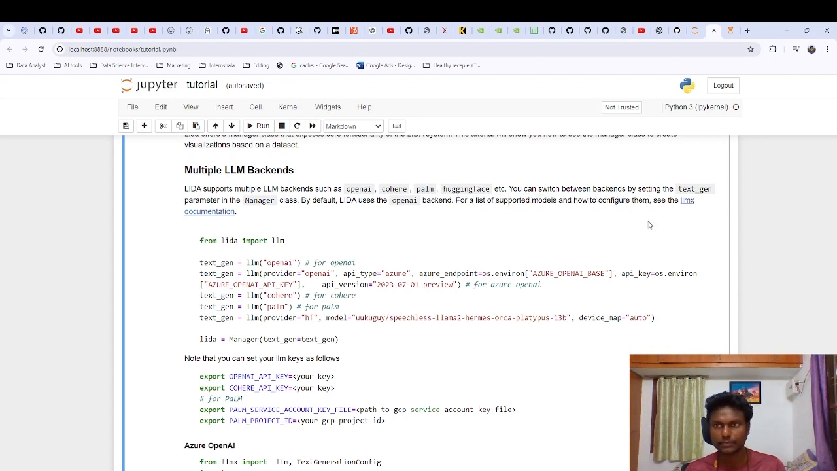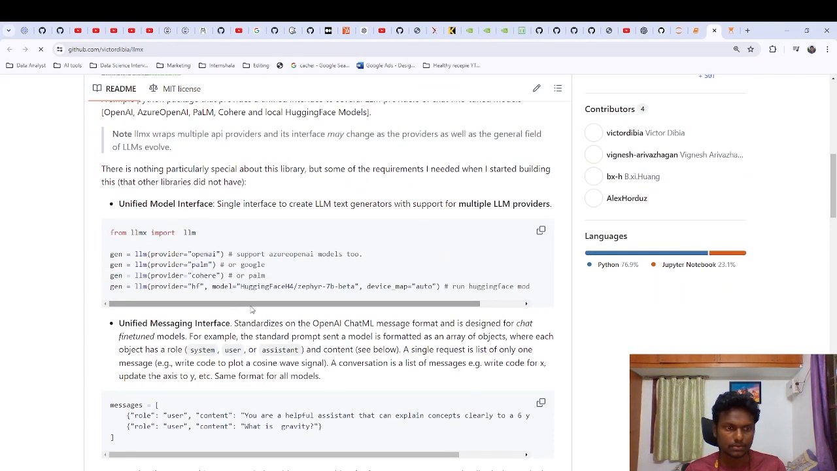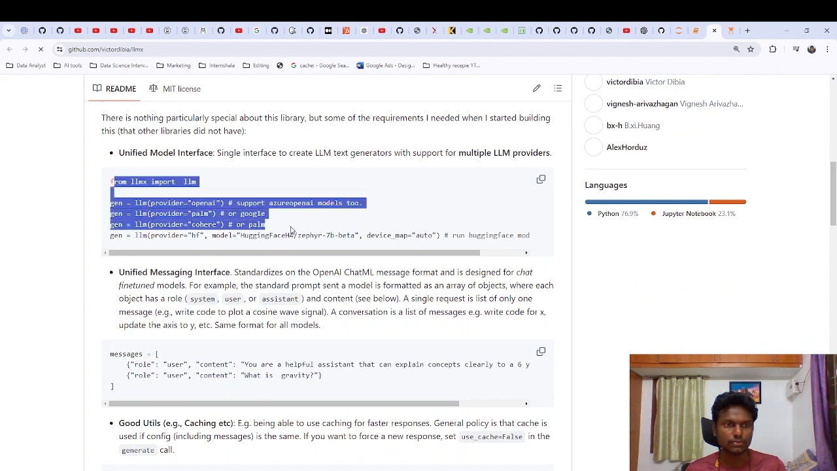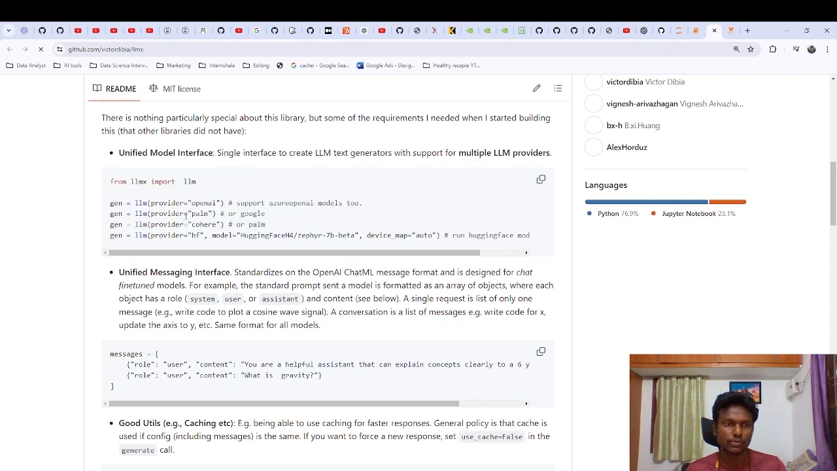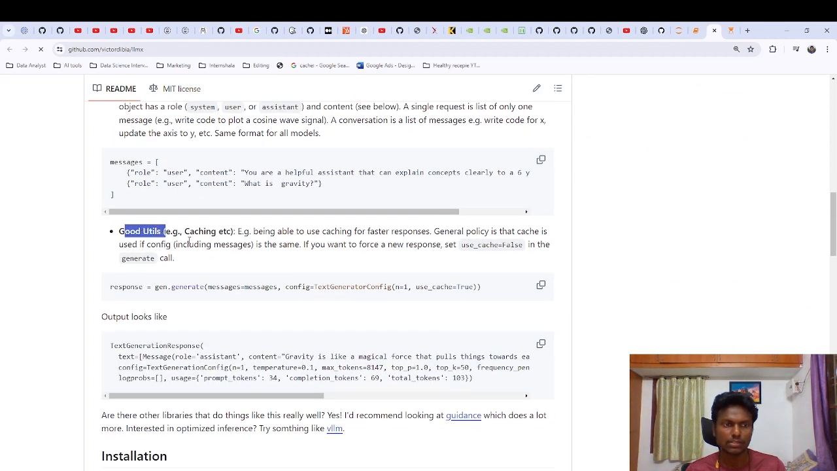I know, but I didn't understand it very well. So it says that it's a simple Python package that provides a unified interface to several LLM providers of chat fine-tuned models. There is nothing particularly special about this library, but some of the requirements I needed when I started building this one. So provider OpenAI, supports Azure OpenAI models too, Google Palm. Okay, use unified messaging interface, Google tools,